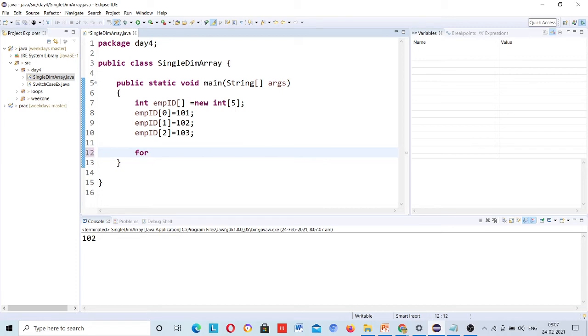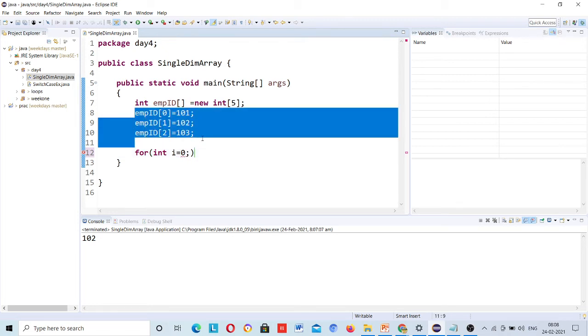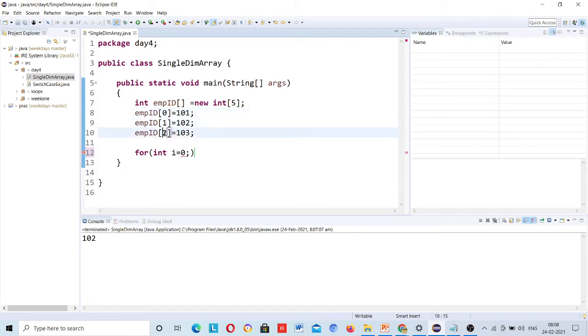So just using a for loop, int i is equal to 0. Why am I using 0 here? Because the array index starts from 0, so my i value will also start from 0. Now how many values do you have currently? 0, 1 and 2, these are 3 values.